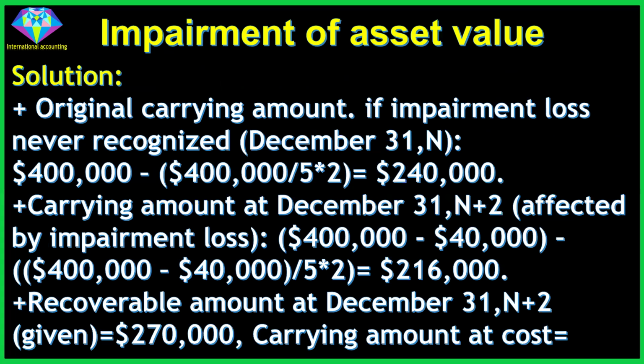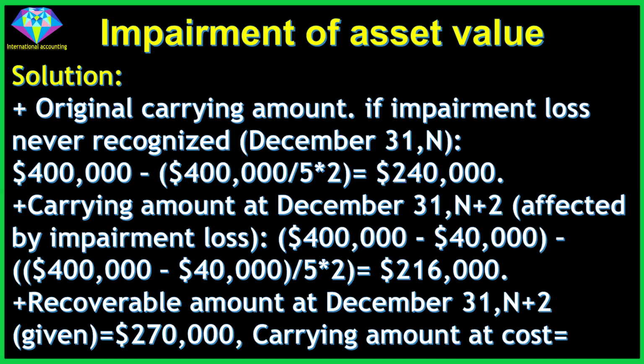Solution: original carrying amount, if the impairment loss was never recognized, at December 31st: $400,000 minus $400,000 divided by 5 multiplied by 2 equals $240,000. Carrying amount at December 31st, N+2, affected by impairment loss: $400,000 minus $40,000, minus ($400,000 minus $40,000) divided by 5 multiplied by 2, equals